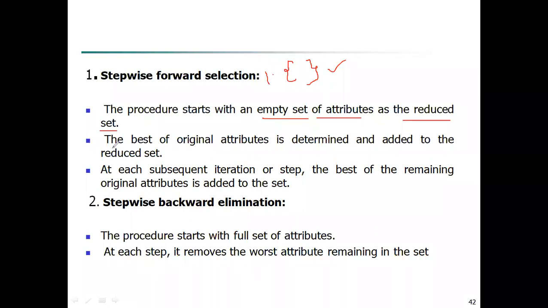Step 2. The best original attribute is determined and added to the reduced set. In step 2, you choose the best original attribute whichever you need for your table. What is the first and best attribute?